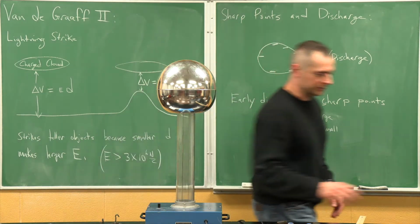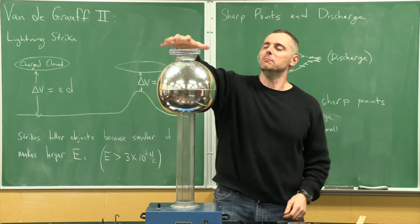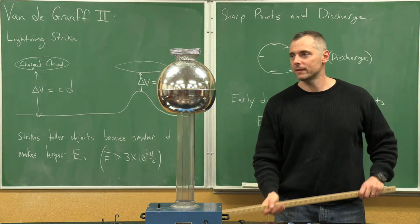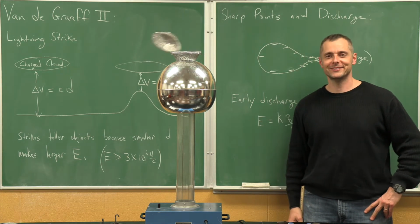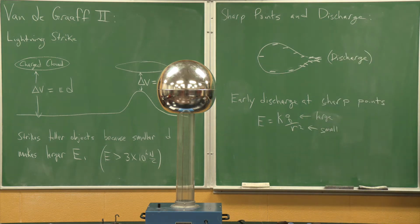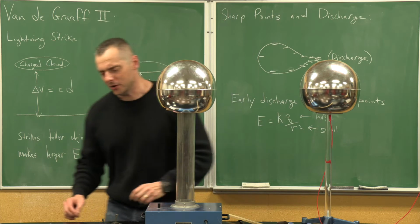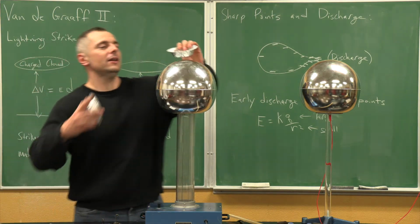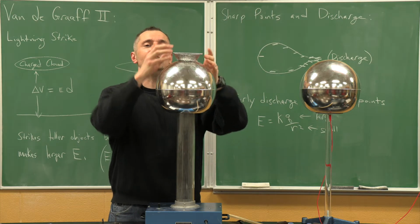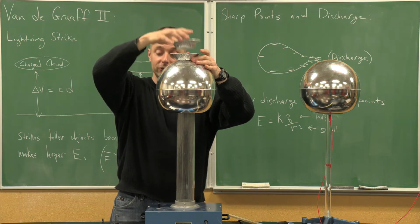Now, another demonstration I want to do, just a couple quick things. Pie plates. All right, metal, aluminum pie plates. I'll turn on the Van de Graaff generator. Spooky, haunted, right? And obviously, we know what happened. Hopefully you know what happened. This Van de Graaff became negative. Some of the negative went into the pie plates, and then negative repels negative,